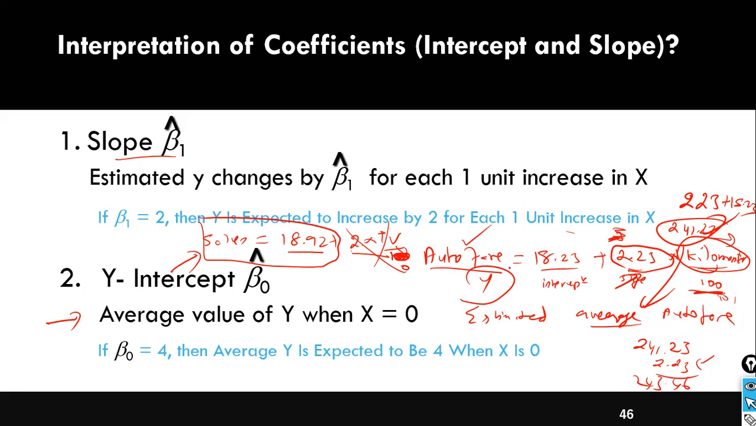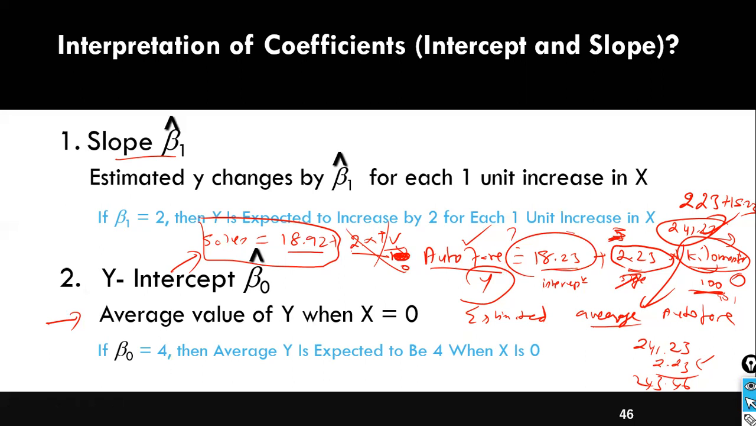There is another scenario. Let's take the same auto fare. If I travel 0 kilometers, this one will become 0, and the estimated auto fare is 18.23. If you ask your model, hey, if I don't travel, what is the estimated auto fare, and your model says you need to pay 18.23, in this case, does it make sense? No, right? Sorry, yes. So sometimes the intercept makes sense,